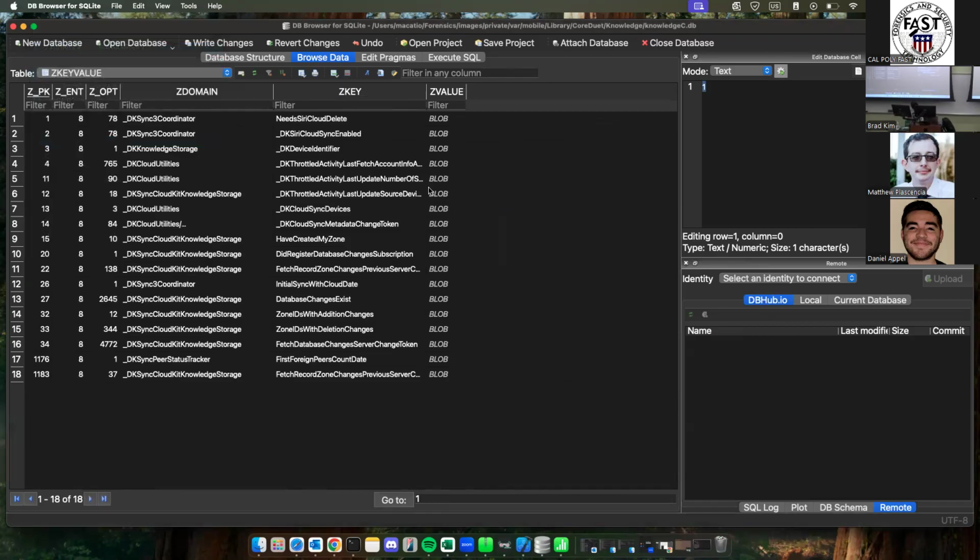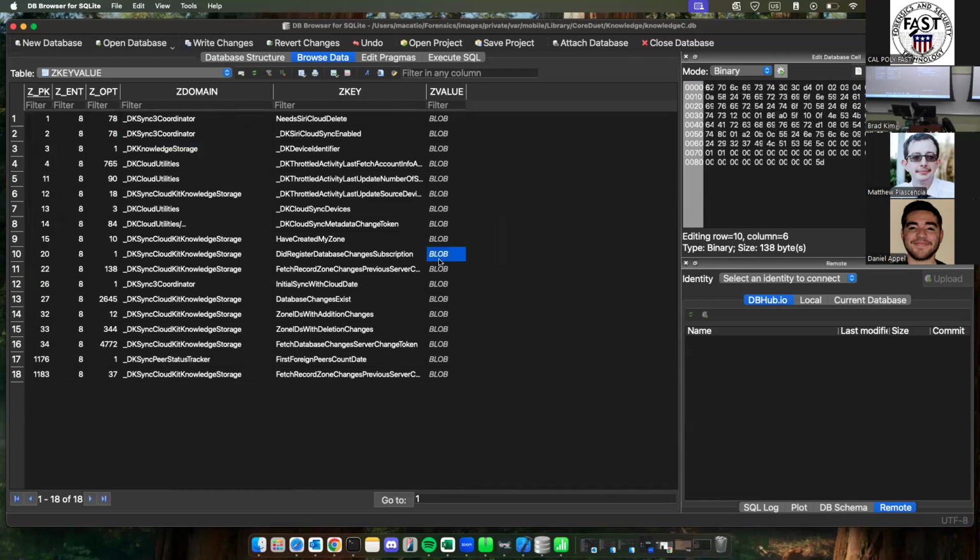So in this case, in this table with keys and values, these are certain indicators of process. So if you see something like this right here, this is the file signature of a plist file, a binary plist file. So what you're gonna do